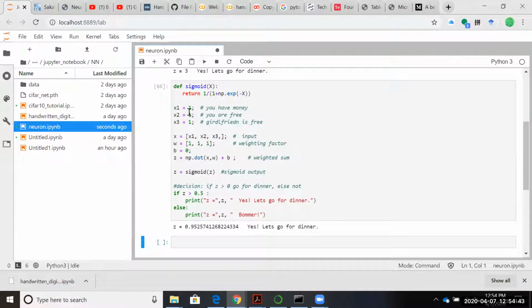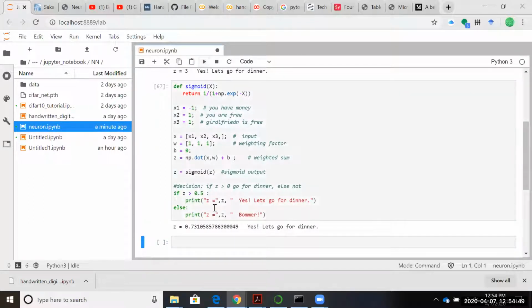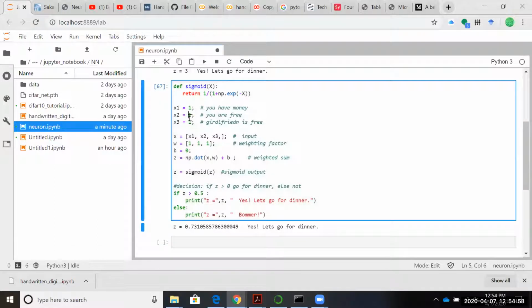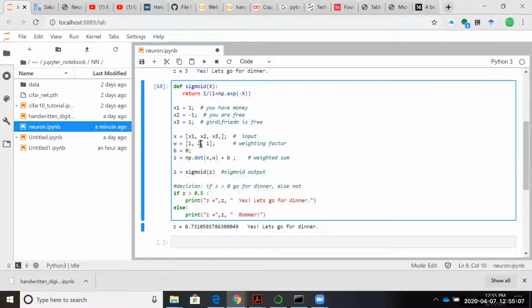But suppose one of them is not satisfied, so it's a -1. It's still good, right? But if there's another one not satisfied, and let's say you're not free, well, this is not very good. So you want to increase the weighting factor for whether you can go to dinner or not. Presumably. Now, if I run that,